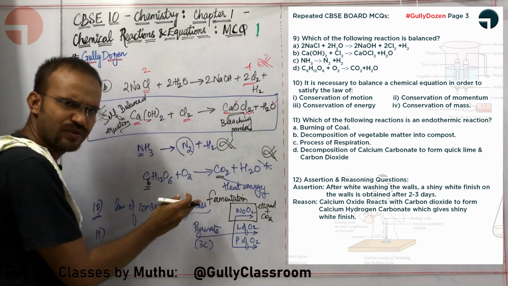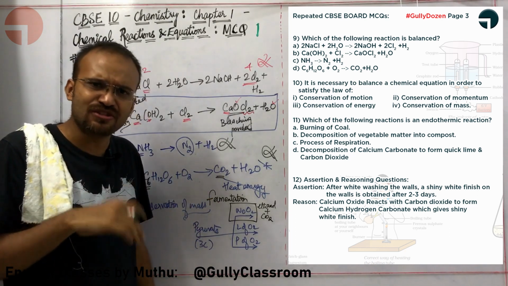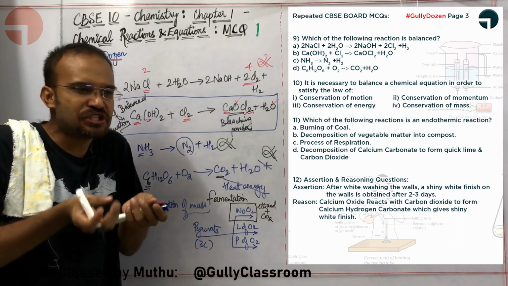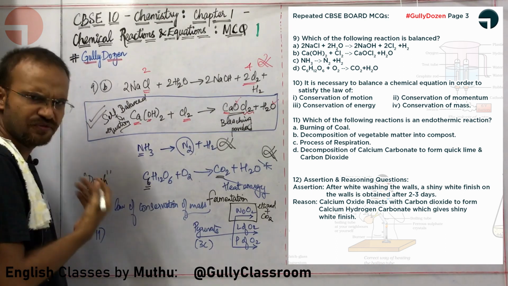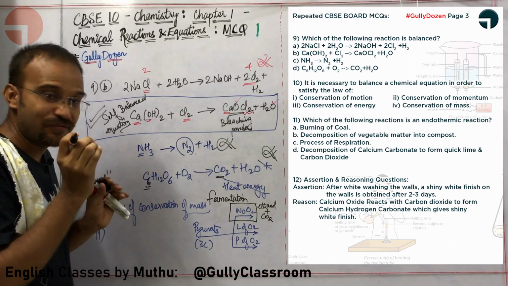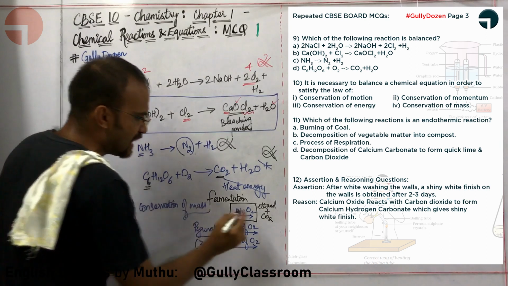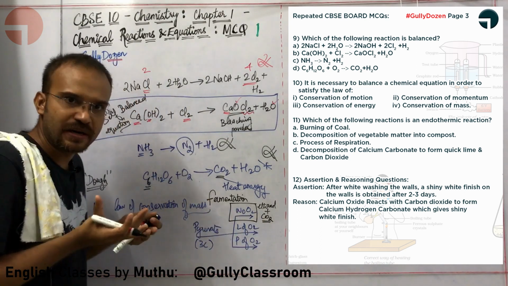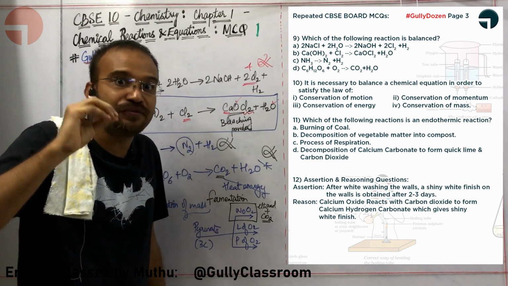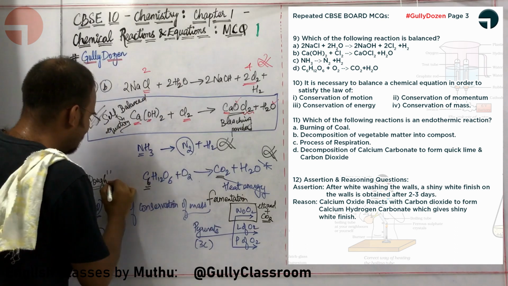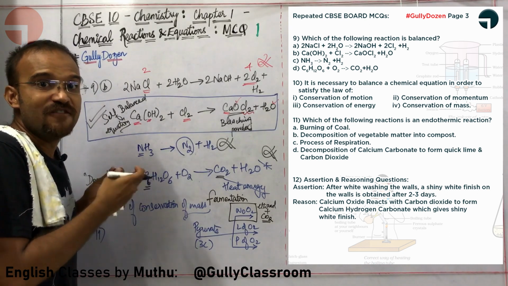In fact, you have studied fermentation in the lower classes. When you are baking a cake, you are adding yeast. What is the function of yeast? The yeast digests the sugar in the dough. The dough, usually made of wheat, has glucose that is digested by the yeast, and carbon dioxide is given out. This carbon dioxide raises the dough, makes it fluffy and soft, and converts the dough into cake. This process is called fermentation, and it is a process where heat is released.